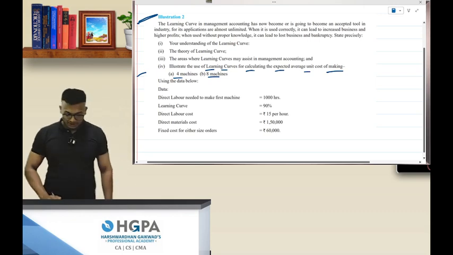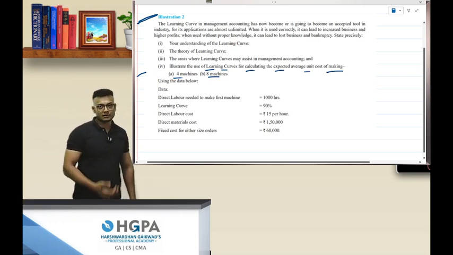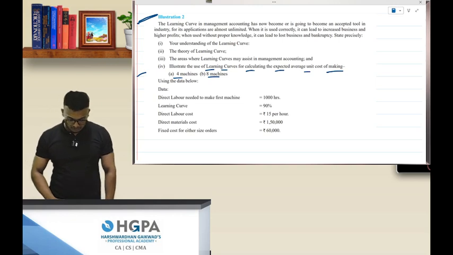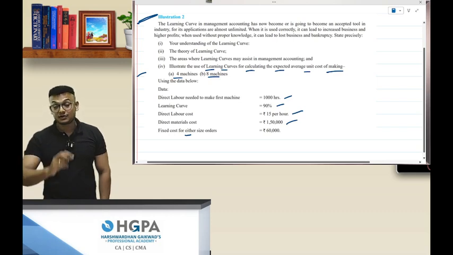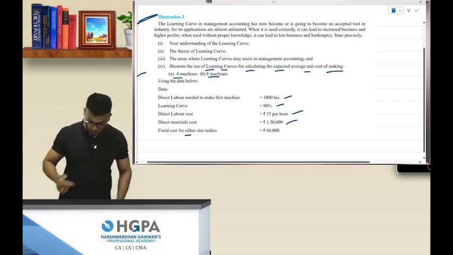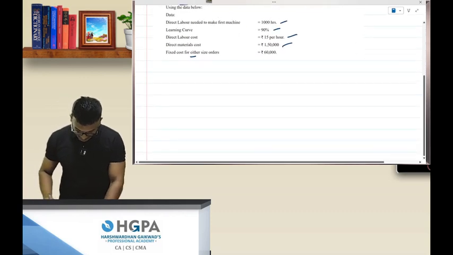So they are basically talking of doubling approach, 1, 2, 4 and 8. Data: 1000 hours to make the first. That's your learning curve. Direct labor cost, direct material cost, and fixed cost for either size orders. That means your fixed cost is fluctuating according to the orders. So same thing, what we'll do,